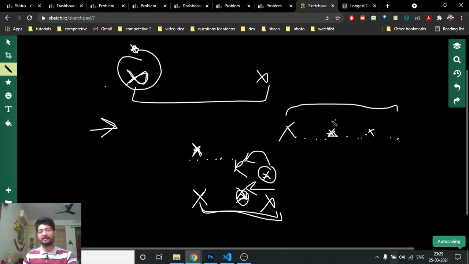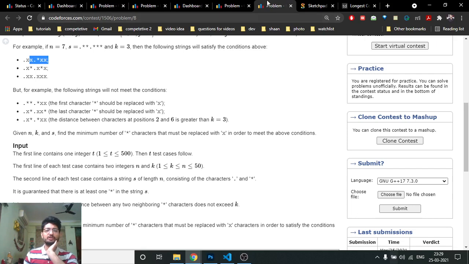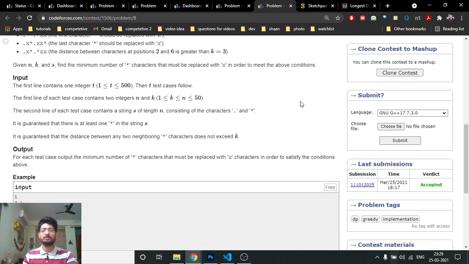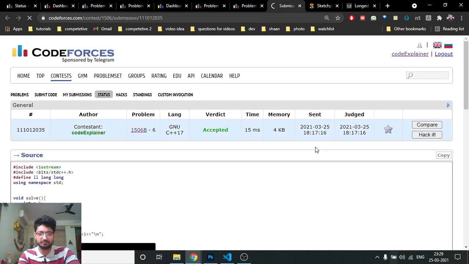So in this range, move from right to left, find the first star and convert it to X. If you convert it, then obviously it is fine, because it is at the maximum position that is in bounds of this K region, and we have converted a star to X only, and we increment the total. And that's the logic for this problem. It's not a too difficult problem, the implementation is a little bit difficult, but the problem statement is not too difficult due to the constraints.